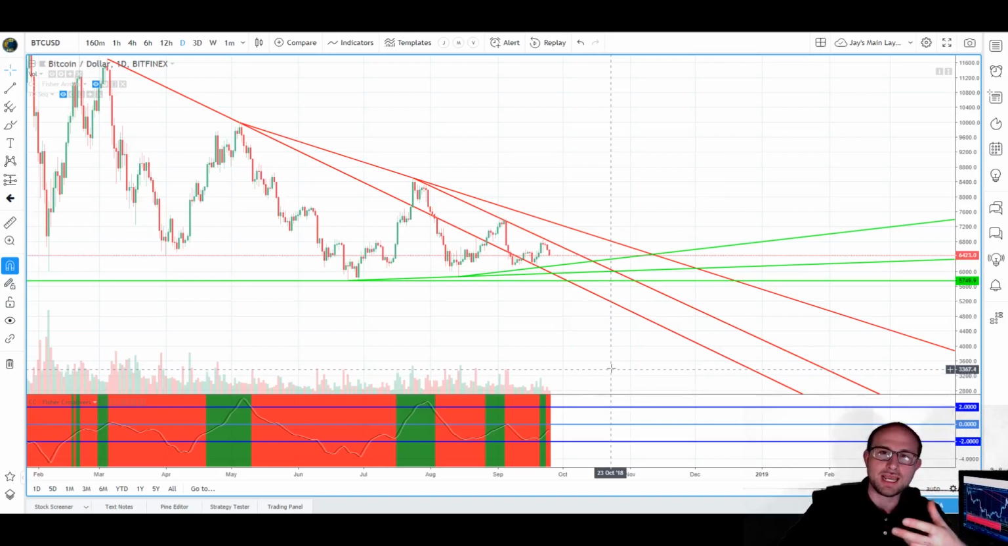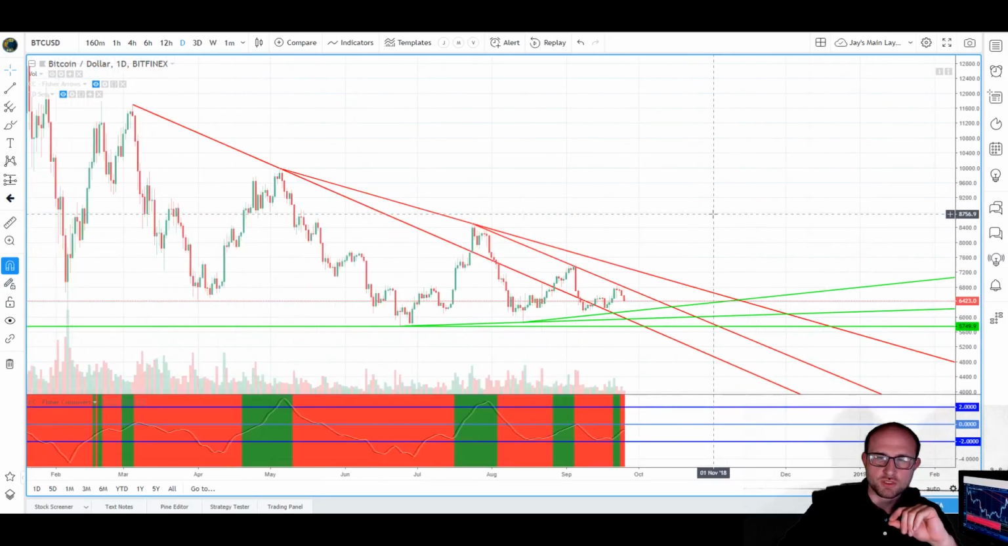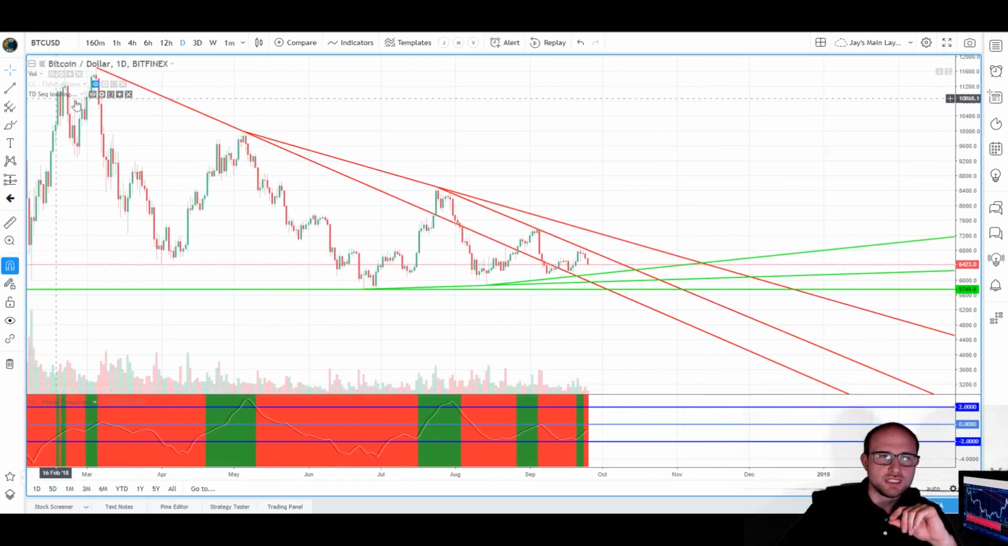But let's respond to the reactions. We'll just see how the market plays out. So that's my prediction as we go right now. If we look at TD sequential,